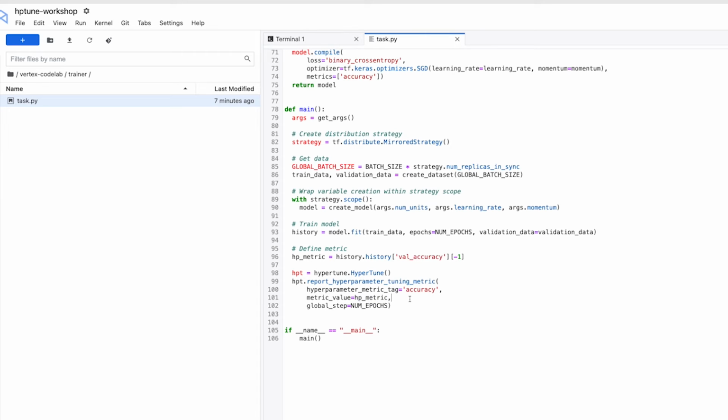So what this means is that each time our training code is run, we'll have this model.fit, it'll train the model. And then after the model has been trained, we're capturing what the validation accuracy looked like on the last epoch, and we're reporting that to Vertex AI so that each time we run one of these training trials, we're able to see what the validation accuracy was, and that will help us determine which trial performed the best. With that, we are ready to go ahead and containerize our code.